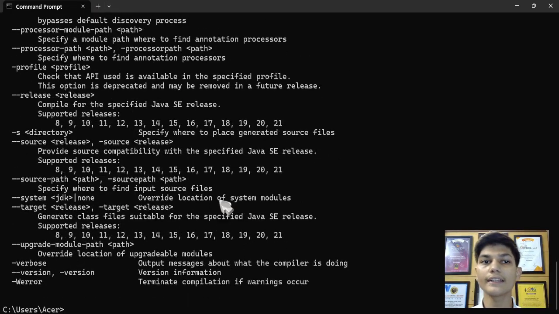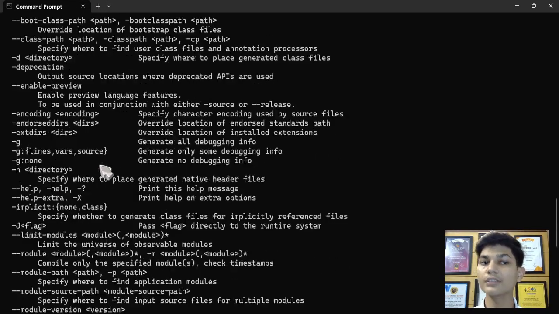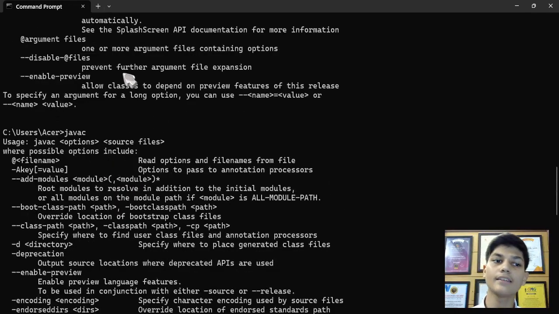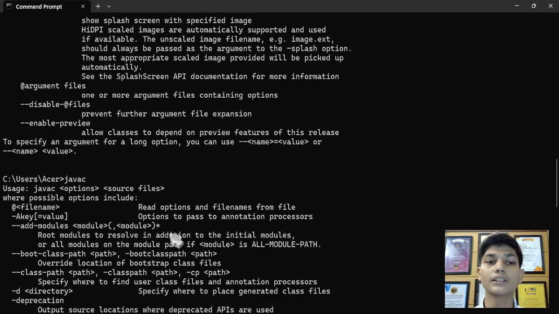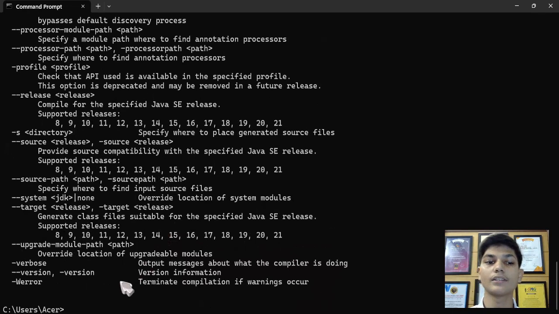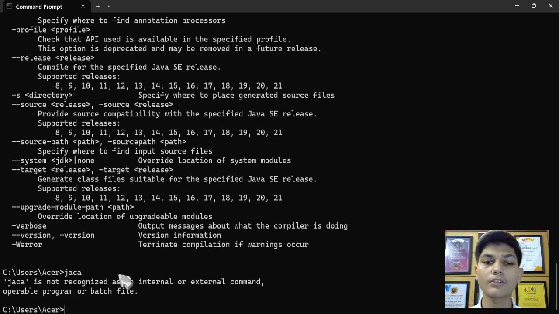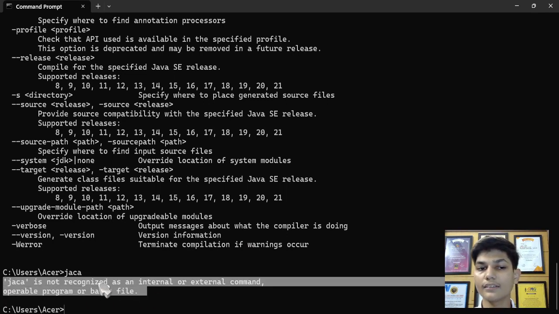And if you are getting the precise stuff related to Java, then congrats, your Java is working successfully. Your JDK has been installed properly. But by any chance, if it says something like this, I'm going to make a spelling mistake because otherwise I will not get this error. So if you are getting some error like this when you type java or javac,